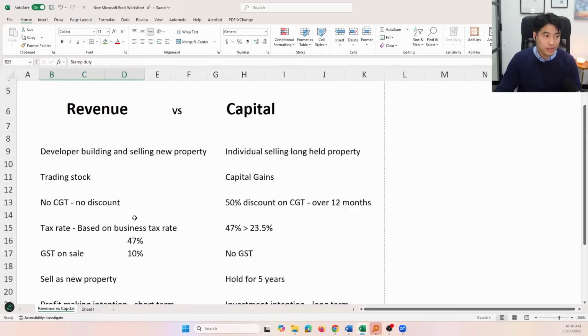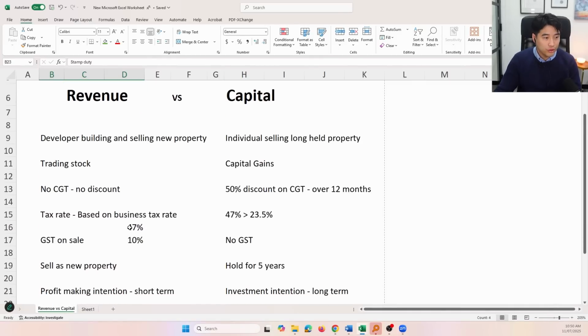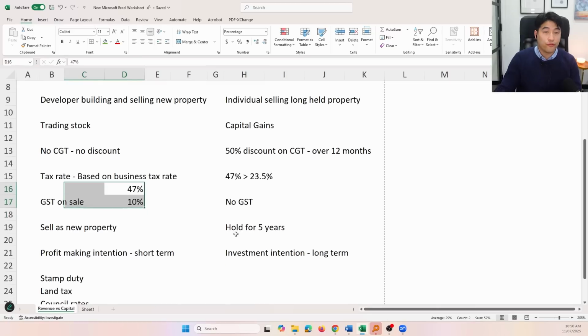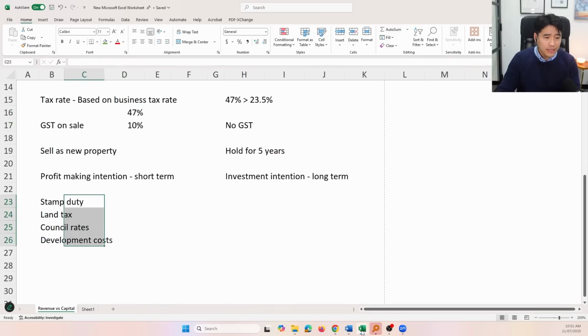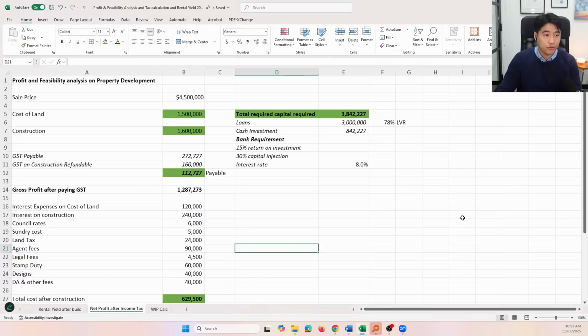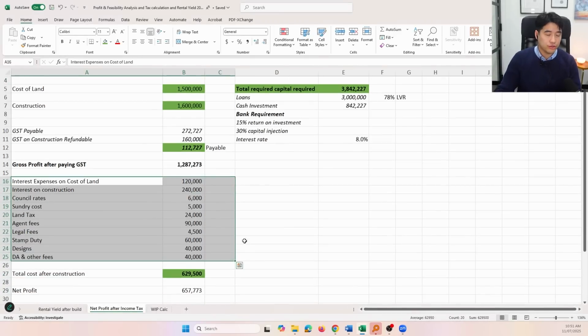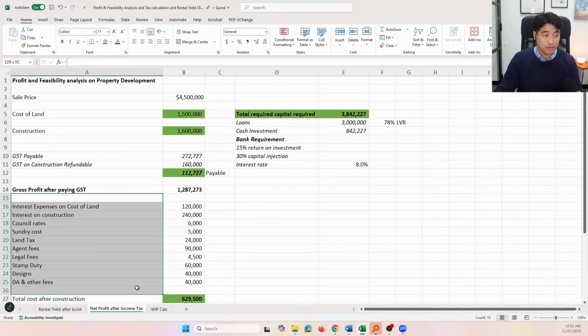So I just want to point out, and I'm scaring a lot of people, but when it comes to property development and first-time property developers, the best thing you should do for yourself is to get the right advisors to help you and guide you throughout the process. They call it a feasibility analysis, to see what taxes you're going to pay and what things are going to go out. And luckily for you, I've drafted an example for you guys on what actual extra costs you might have to pay and things that you have to look out for.